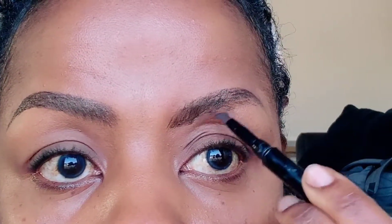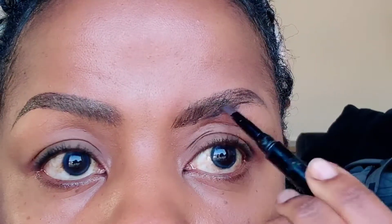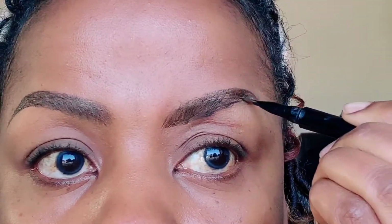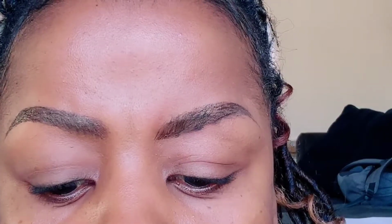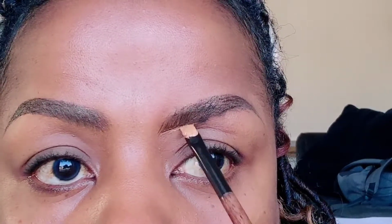and we want to go ahead and connect right underneath here. So at first you're going to be like, oh my gosh, that's a lot of brow. Do not worry about it, because this is where your concealer comes into play, because as you can see, it's created one thick brow. You want to take your concealer and right here at the bottom, you want to come in and you want to connect